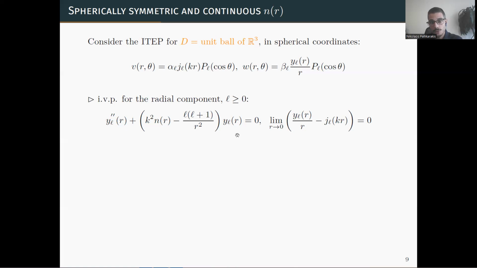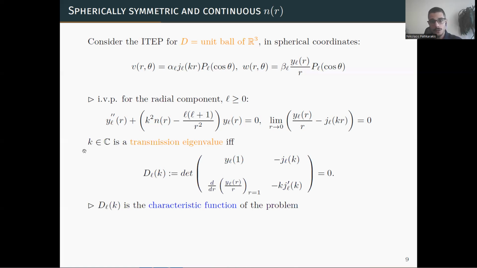So this differential equation, we're going to study for values of L being 0 or higher order, but when it's of higher order, this is a singular part in the differential equation. Also, this initial condition is imposed to secure that the function YL at the origin is going to be equal to 0. So using this and imposing these solutions in the transmission boundary conditions, we conclude that the complex values of K